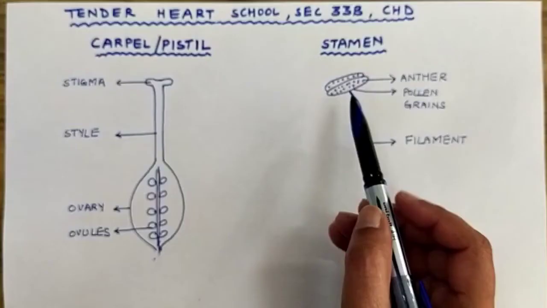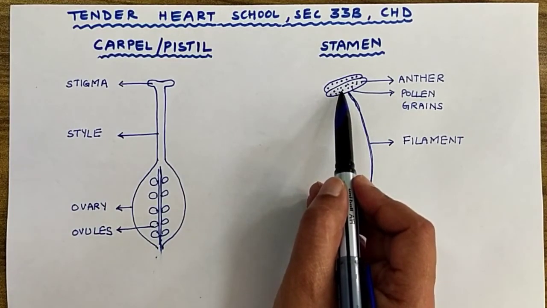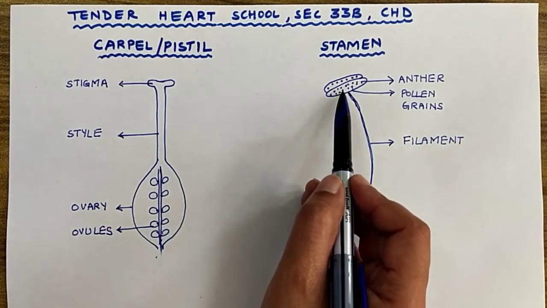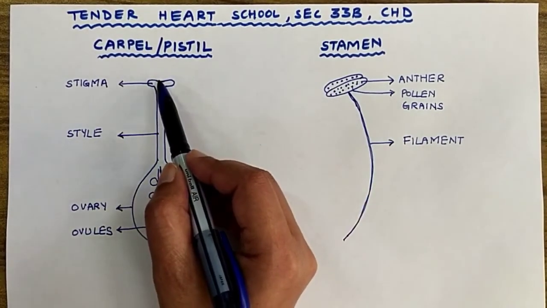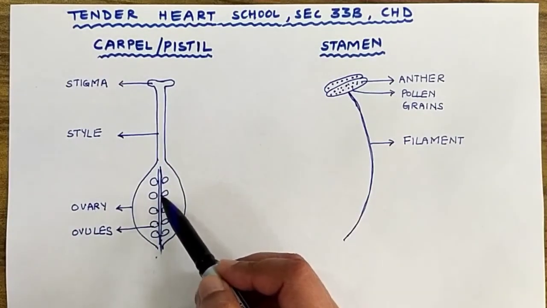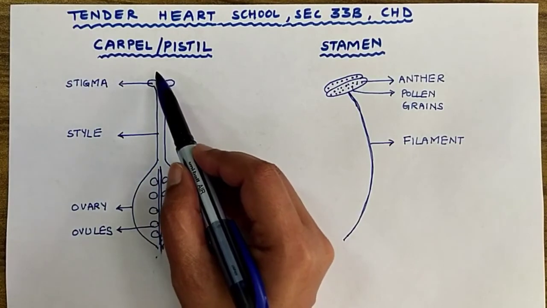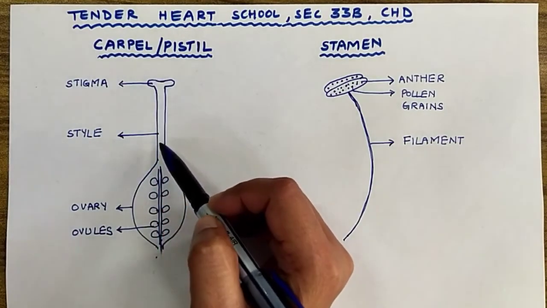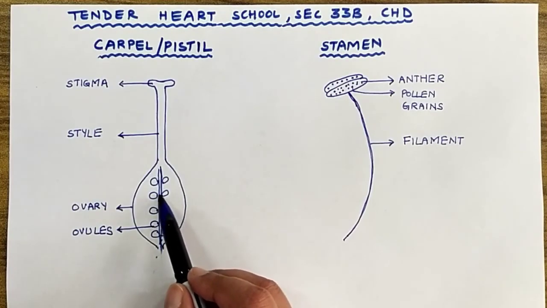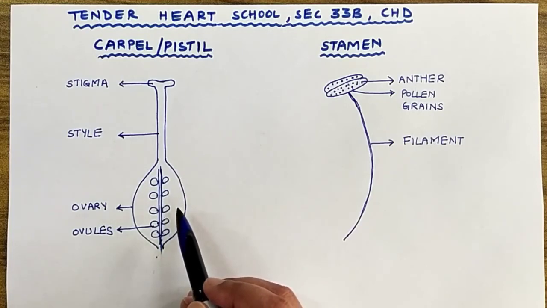During pollination, the pollen grains which are formed inside the anther are, with the help of some agent, wind, insect or some other agent, transferred to the stigma of the carpel. Male gametes have to fuse with the female gametes. From the stigma, these pollen grains enter into the style and then further inside the ovary, where they fertilize the ovules. After the fertilization process, seed is formed.